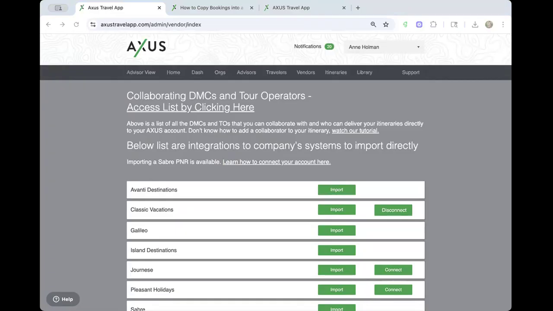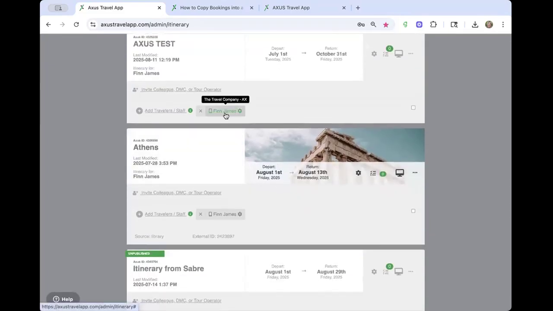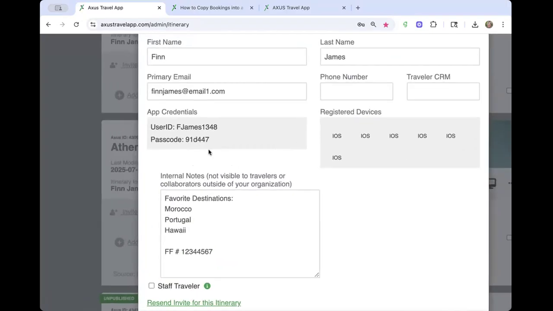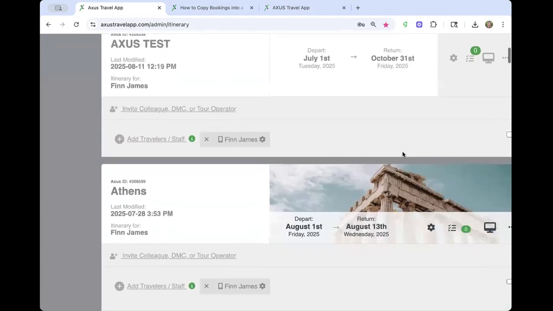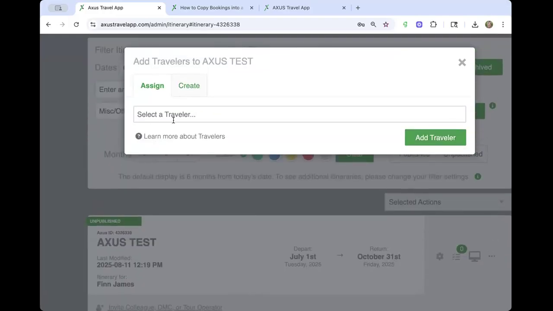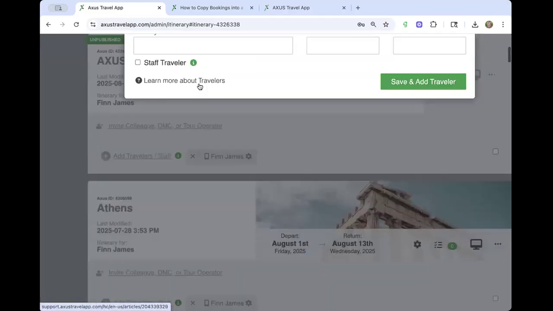App for iPhone. Basically, if you want to have the itinerary on your phone, you have to have a traveler profile that applies to everybody. So this would be that person's unique user ID and passcode. It is system generated, case sensitive. So it either would be the user ID or the email connected, and then that passcode is case sensitive, system generated. So click add traveler, staff, assign if they already exist, and find them in the drop down, create,